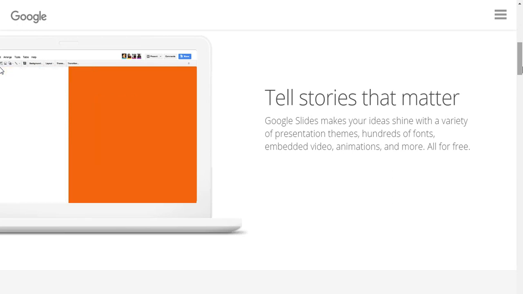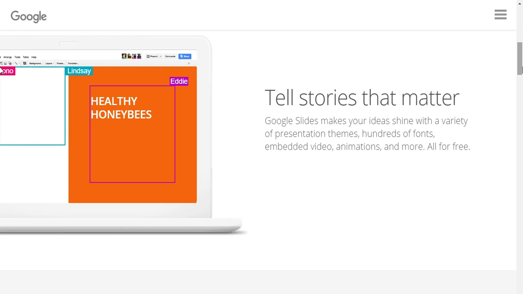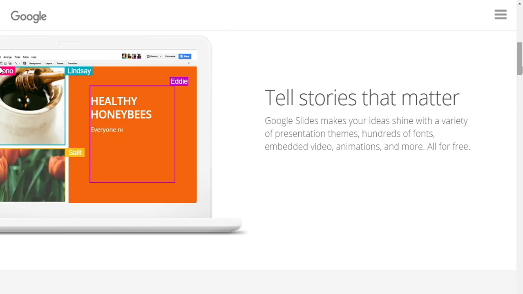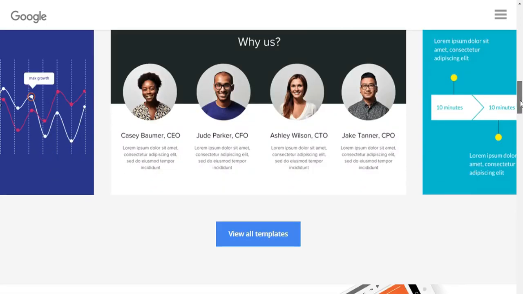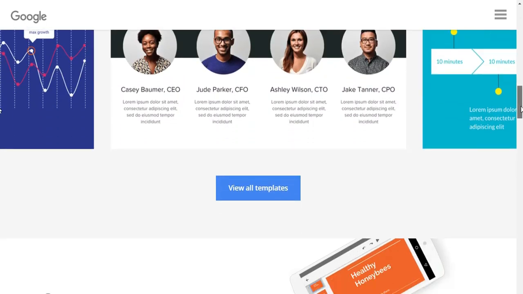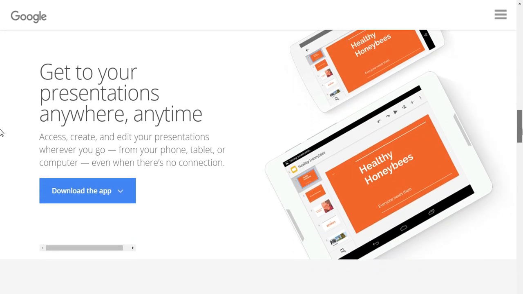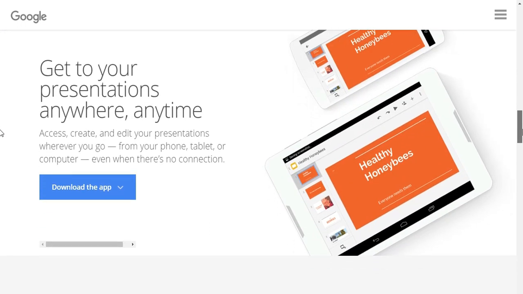So thousands of templates are available with different fonts and embedded video in those templates. Predefined templates are available if you want to make a book story, or a science project, or whatever you want to make, you can select from available templates and go ahead. So it takes very little time to create your presentation because of already available templates.